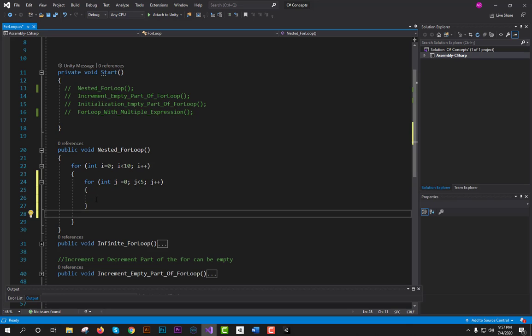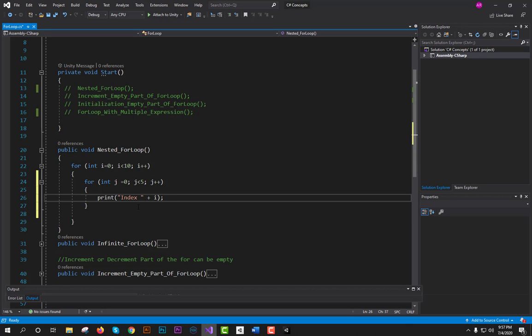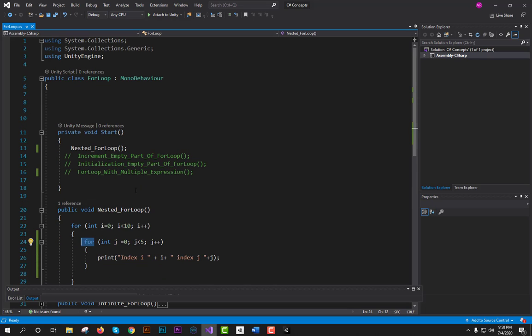Now let's see the result of this nested for loop. Index i, now index j. Let's go to Unity and check the result.